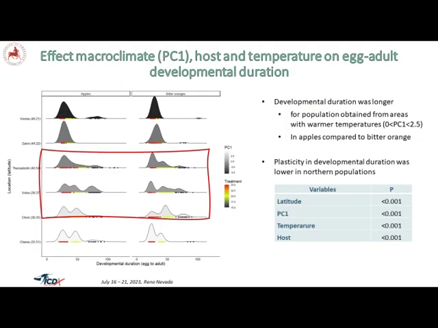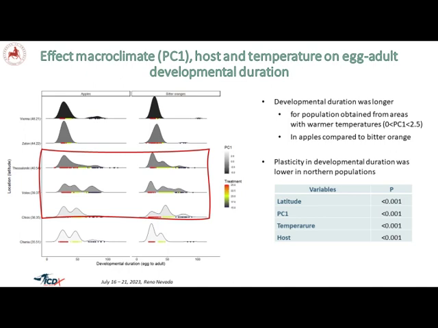So we also ran a model and we included the PCA as one of the predictors of the larval development, the PCA1 and the PCA2. Both of them were significant predictors of the larval development, and these are the density plots. What is interesting in this graph is that we mark the different populations according to the PCA. This is the treatment, the temperature that the fruits were exposed to. You cannot make much out of this. You need the details. And here are all the populations from the southern one to the northern population that we have considered in this study.